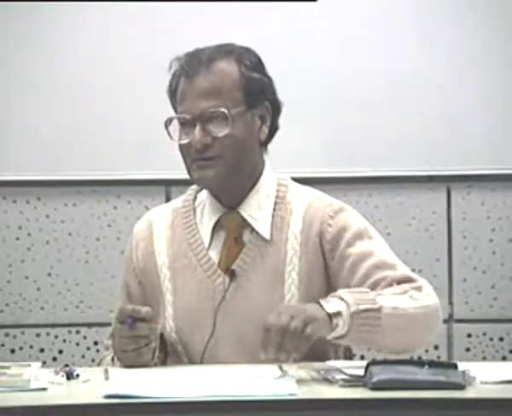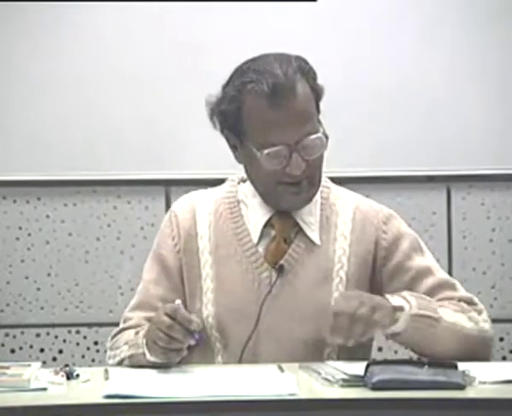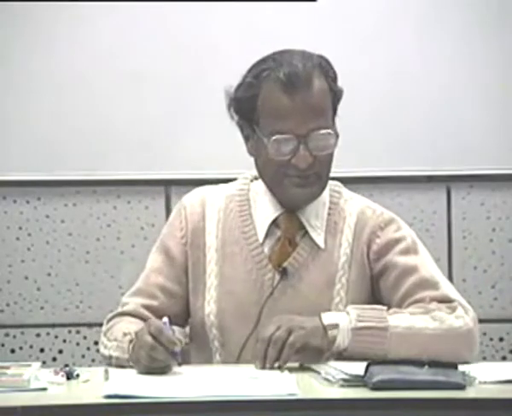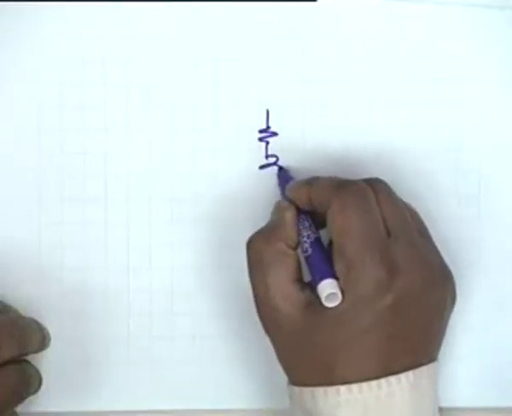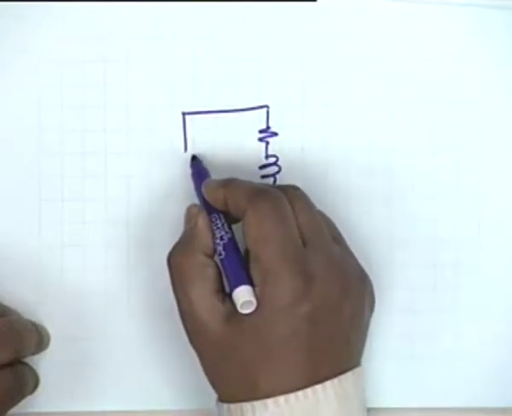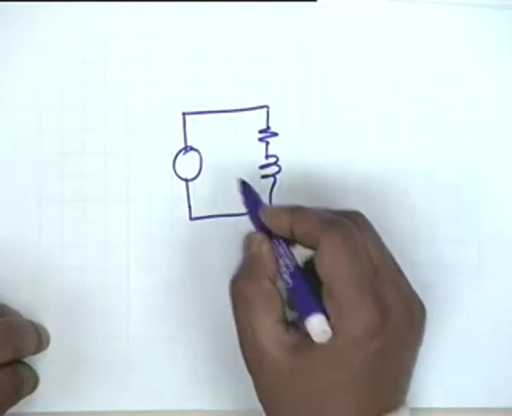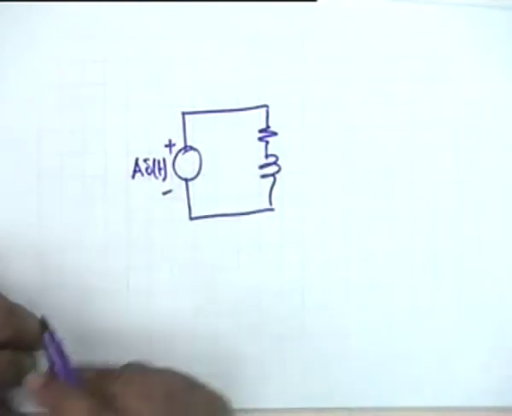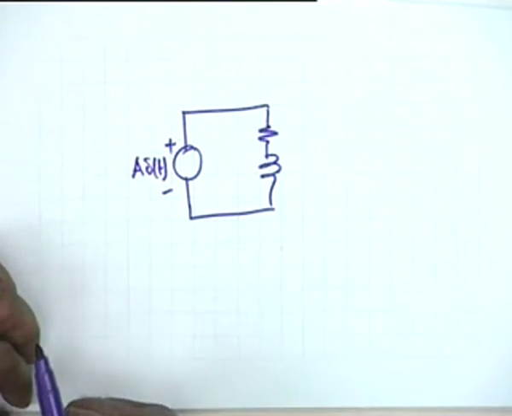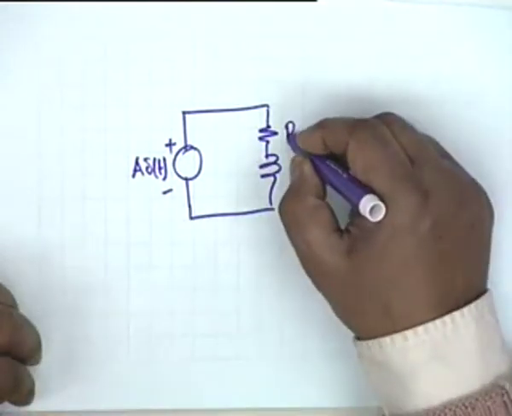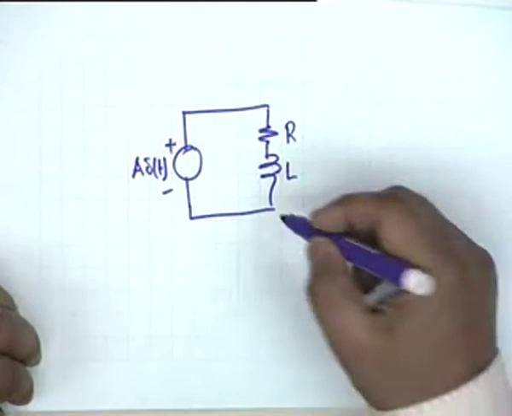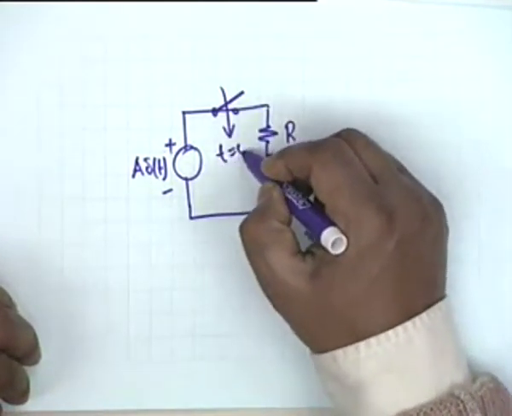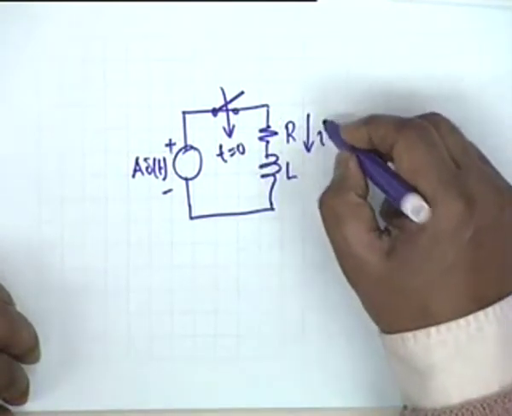Now suppose I have an RC circuit. Now come to the plane. Suppose I have, let us say, an RL circuit, and I have a voltage which is a unit impulse, which is an impulse of strength capital A, all right. I wish to find out the response of this. This is switched on at t equal to 0, and I wish to find out the current I.